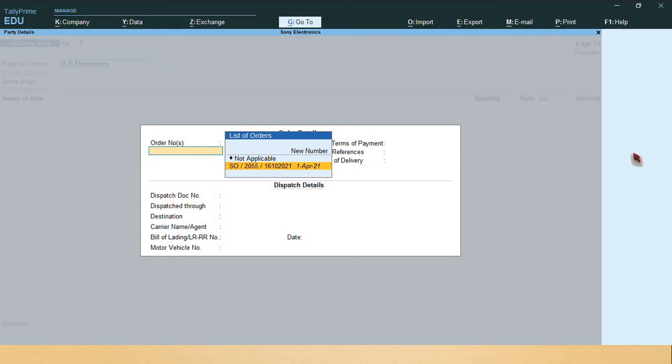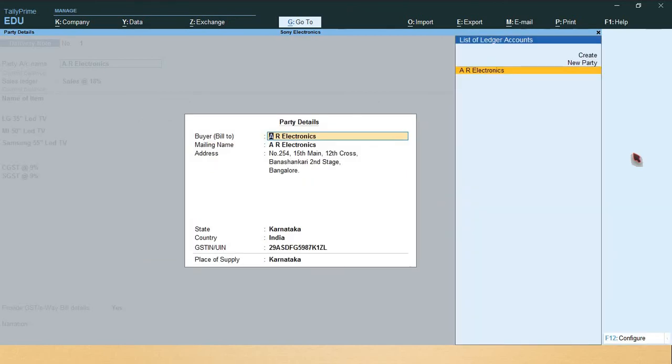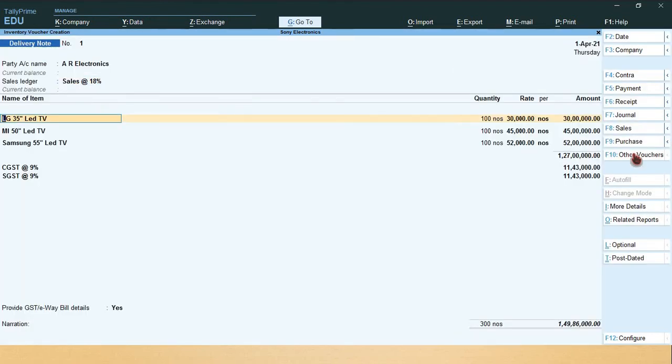Suppose you select the sales order number, whatever stocks are mentioned in this number, all those stock items are auto-filled to the delivery note voucher. End of list. Accept. See here.